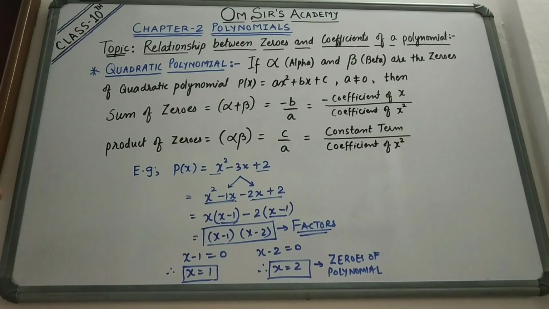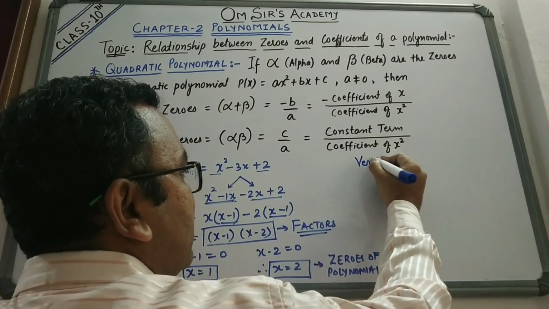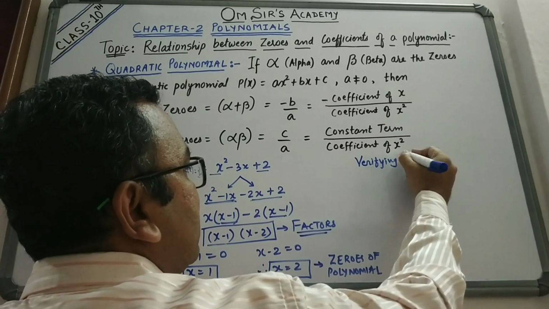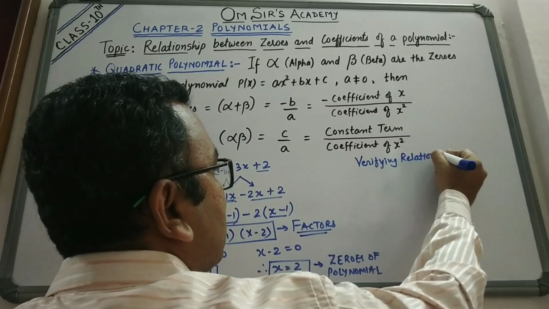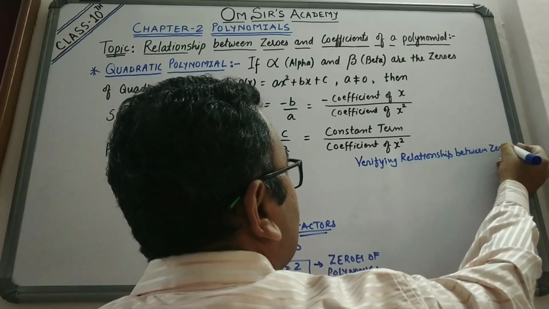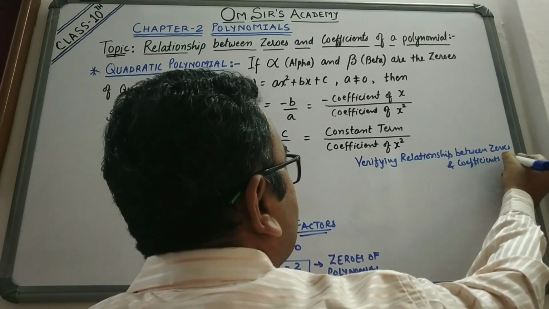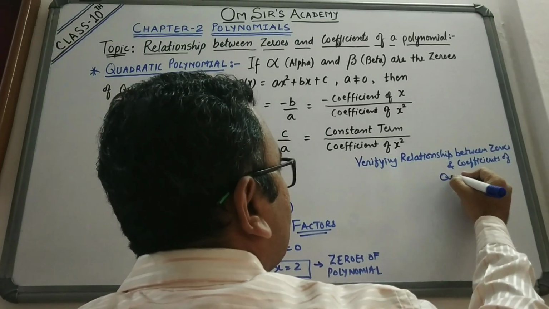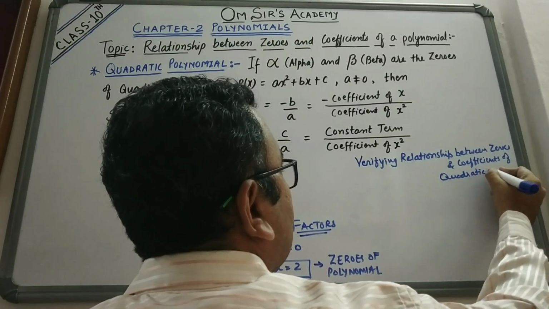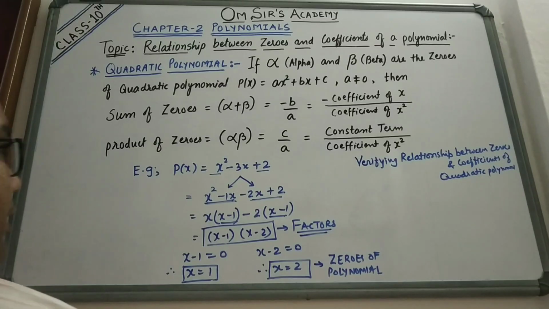Is it clear, friends? Now how can I verify the relationship between the zeros and coefficient? Okay, so here I am verifying the relationship between zeros and coefficients of polynomial, of quadratic polynomial. Okay, I can write it as